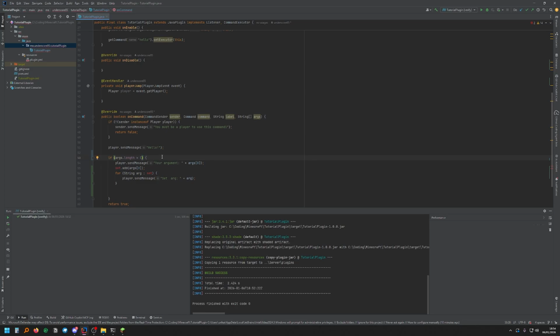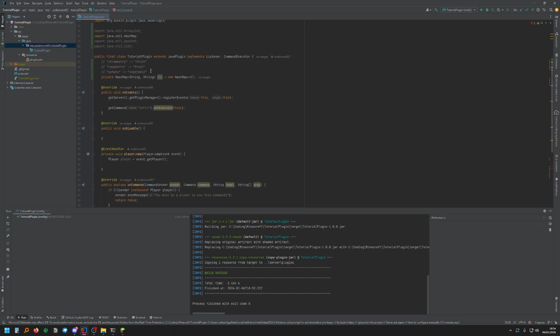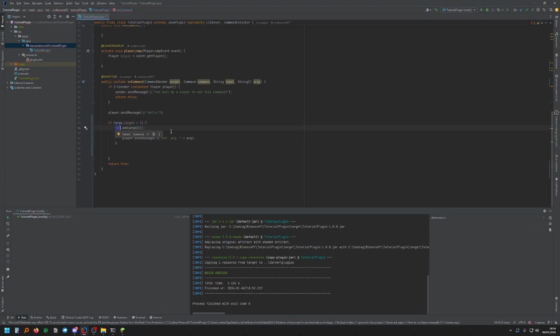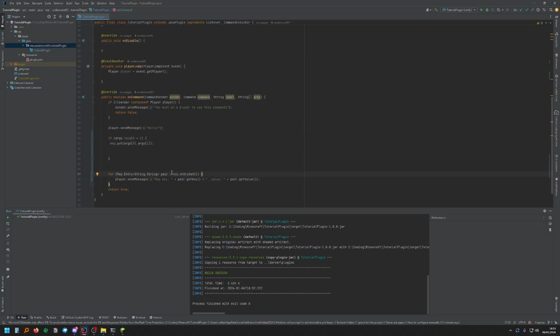I'll do something similar to before. So if you're sending 2 arguments, then what I'll do is put both of them into the list, into the map. Okay, so when iterating over map, you need to call .entrySet, and that'll just give you a set of the